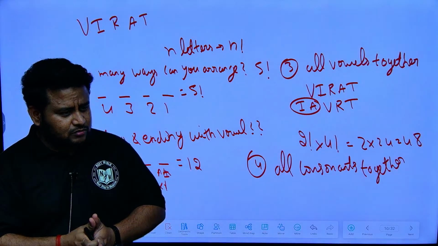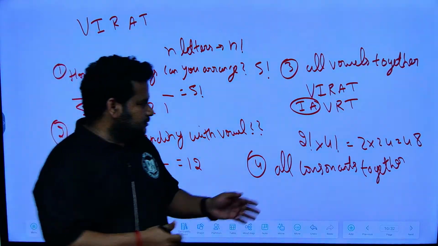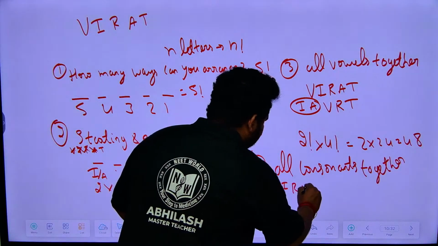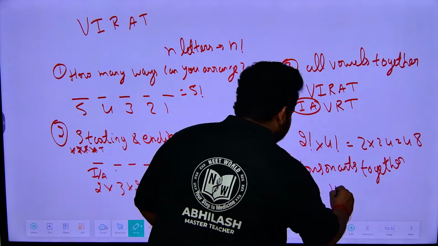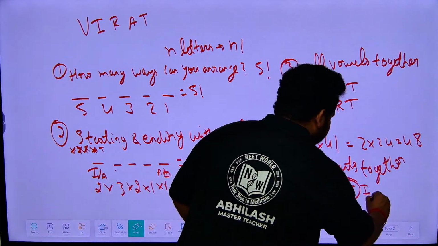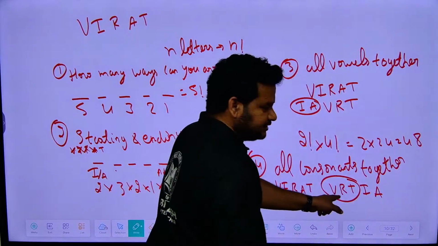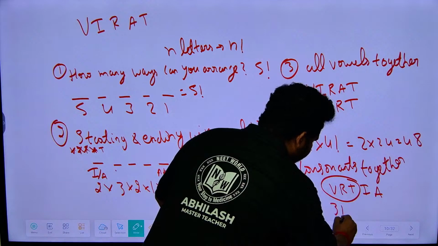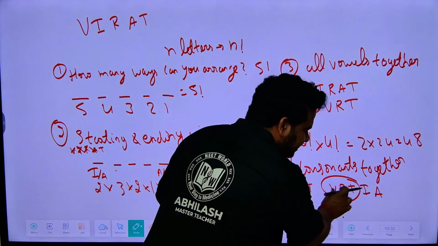3 factorial into... Let me write it again. So, what are the consonants here? V, R, T. This is combined. Remaining is what? I, A. Now, V, R, T, 3 letters. This can be arranged in how many ways? 3 factorial ways. Now, including this V, R, T as a single letter, and I, A,